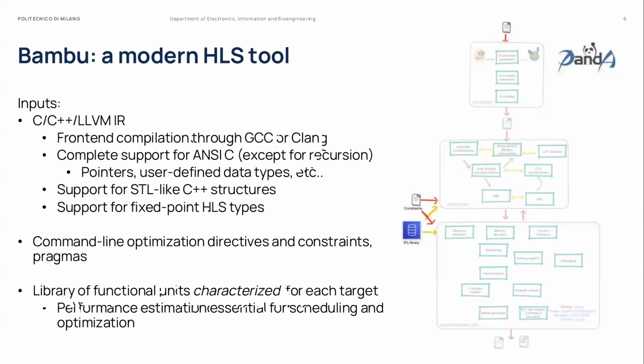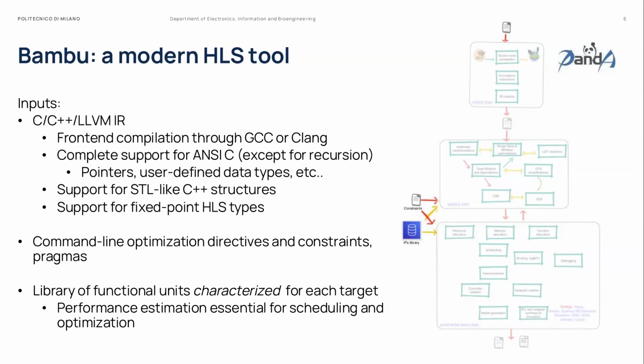And then another important thing that can be considered an input to Bambu, although it is part of the tool, it is shipped with the tool, is a library of functional units, a library of IPs, which are characterized for each target that Bambu supports. This means that for each adder or functional unit in the IP library, you know when you synthesize it for a certain FPGA how many cycles and how many lookup tables it takes, and if you want a different FPGA, how many cycles and how many lookup tables it takes. And this is crucial because this kind of performance estimation at the level of the functional unit allows for more